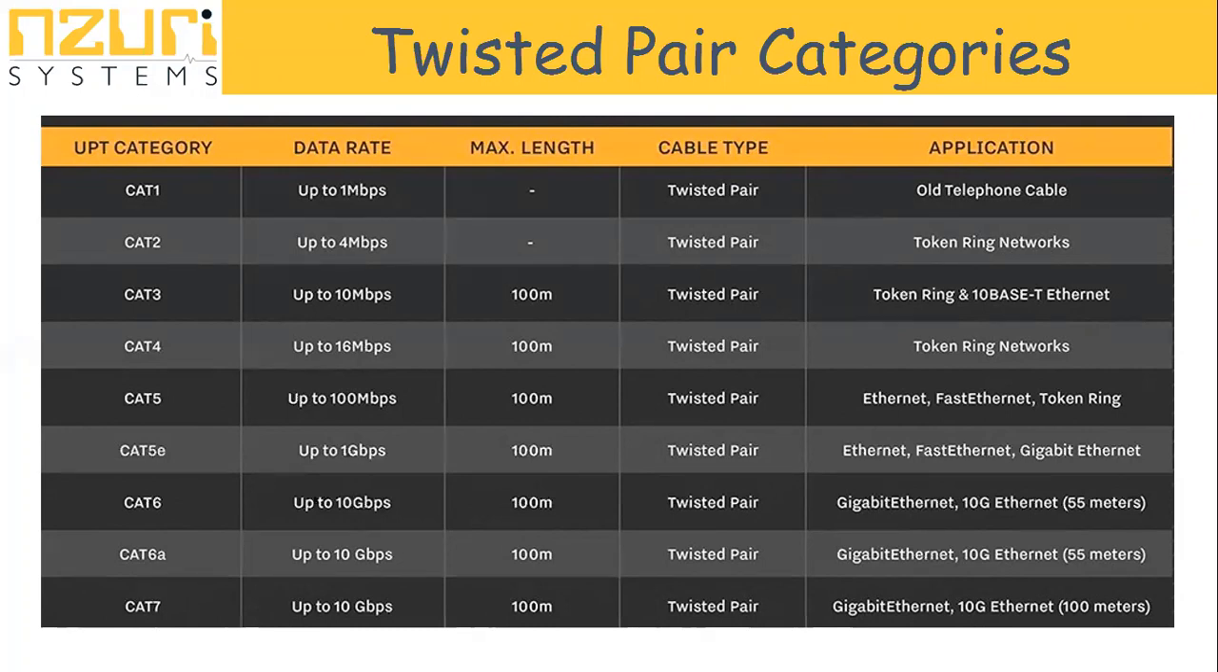Then we have category 3 that runs up to 10 megabits per second. The maximum length happens to be 100 meters, and it's a twisted pair type of cable. It's used for token ring and 10BASE-T Ethernet, right? That's where it starts from. Then Cat 4,